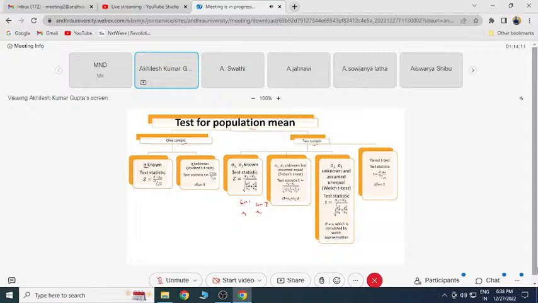So if the population variances are known, we again apply the z-test. If they are not known, we can have two situations. We can assume both variances are equal, or we can assume both variances are not equal. So when we assume equal, we apply the Fisher t-test. When we assume not equal, we apply the Welch t-test. All these scenarios we'll see in our R, how we'll do this.